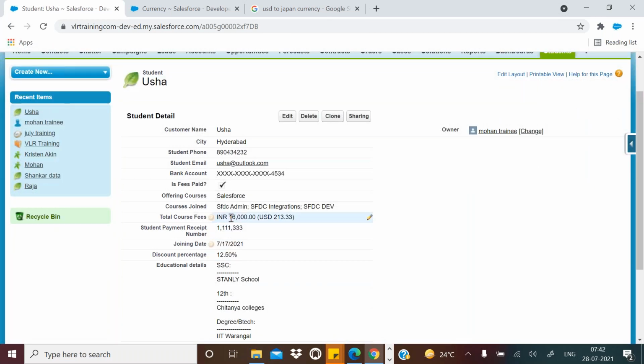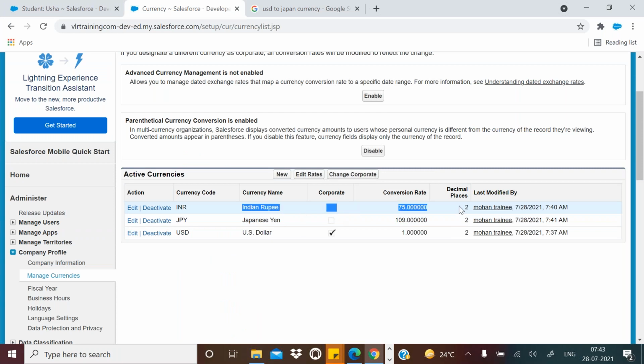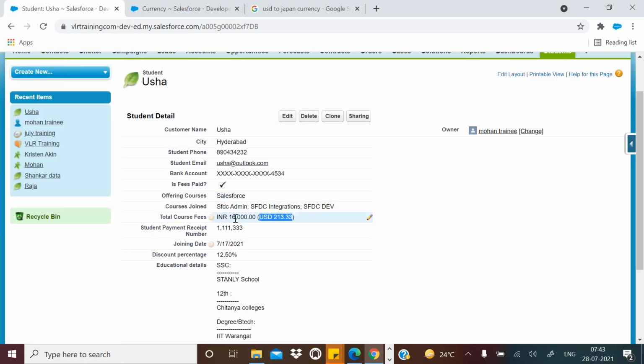You can see INR, 16,000 rupees. Now the system automatically converted it into US dollars. How is it converted? Based on the conversion rate which you have given.